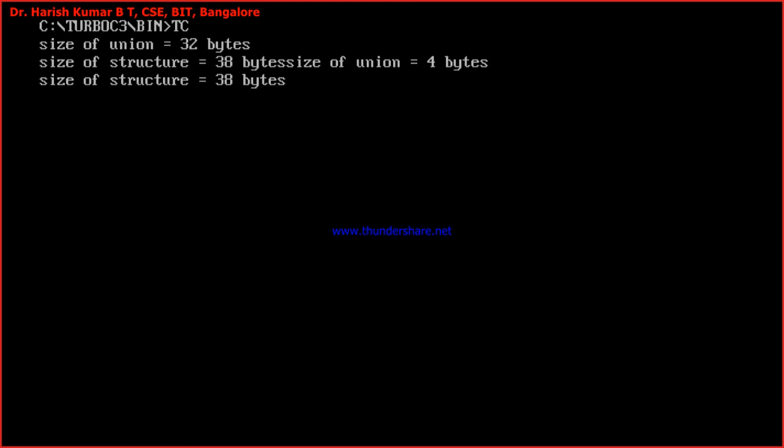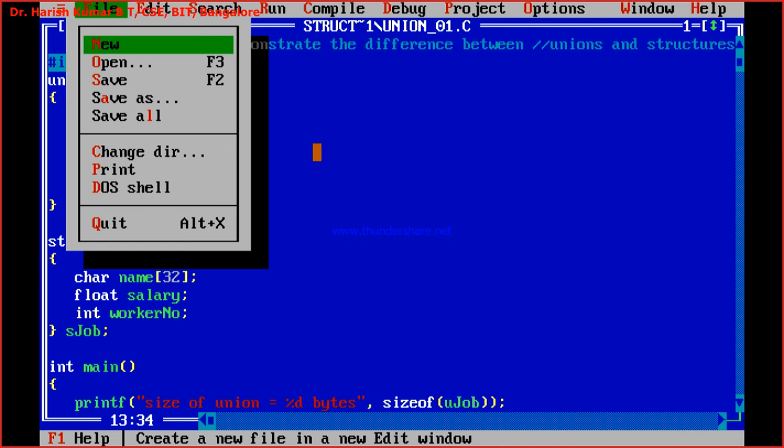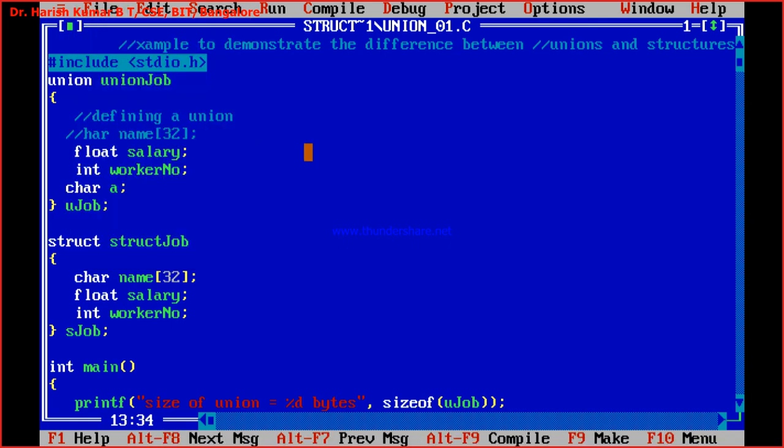So now in the second run, size of union is 4 bytes. Now you have one integer, one float, and one character. The memory is allocated for the biggest type, the float, 4 bytes, and the size of the structure is still 38 bytes. Okay. Now I have another example. Before that, I'll just go to my PPT.